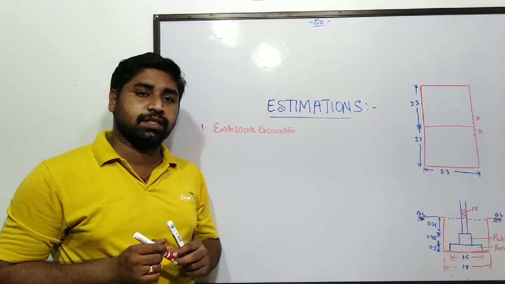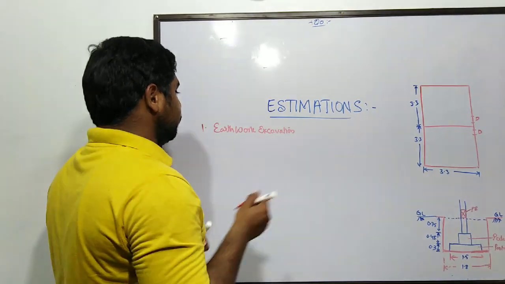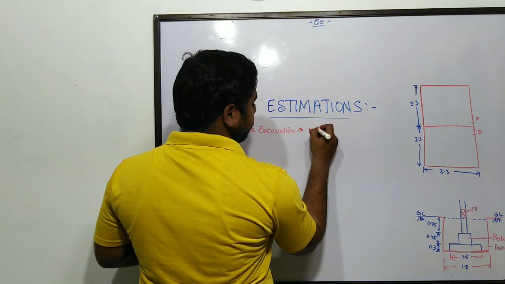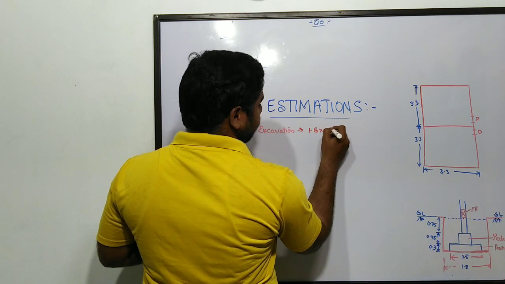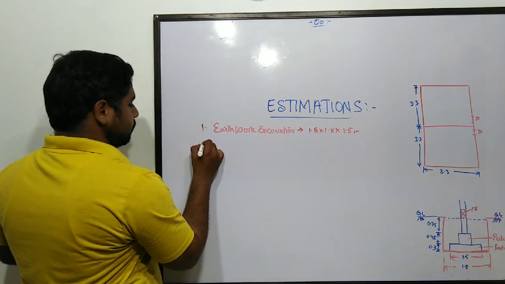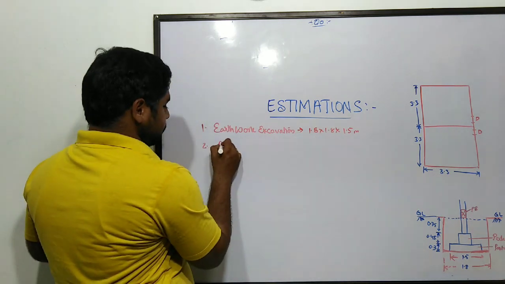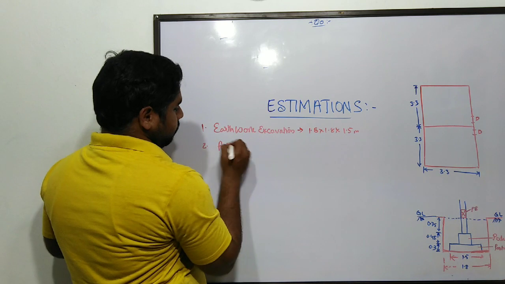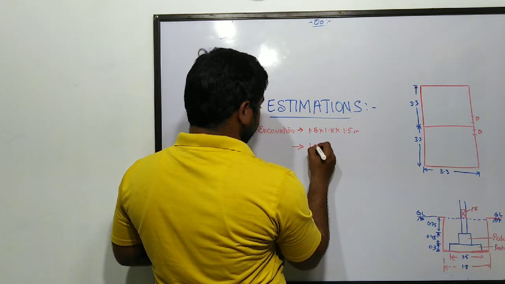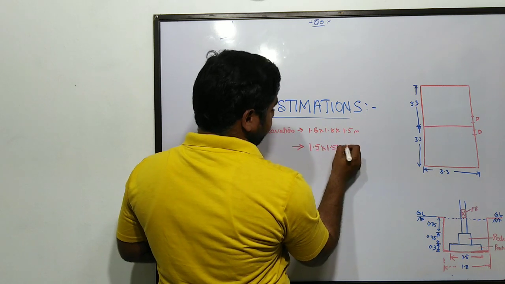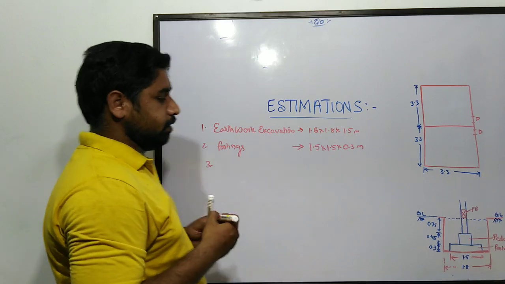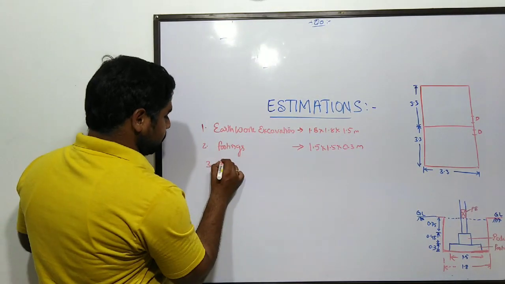So first of all, the dimensions of earthwork excavation are 1.8 by 1.8 by a depth of 1.5 meters. Second one, footings. The dimensions of the footings are 1.5 by 1.5 by 0.3 meter. Third one, the pedestal